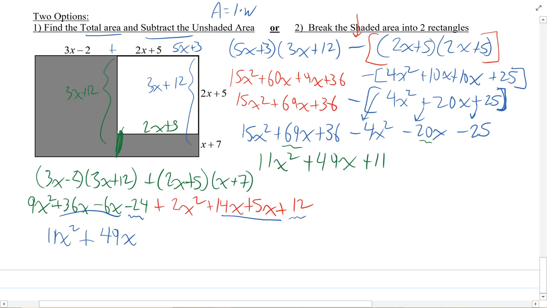Is that correct? 5 times 7 is not 12. 5 times 7 is 35. Good catch. That makes more sense because then we get a positive 11. And then you can see our two answers match. There we go. It starts easy, but then it gets